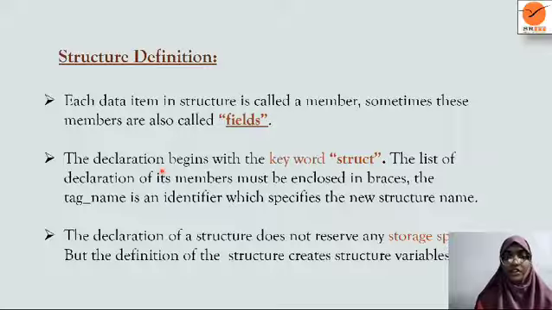Now structure definition. Each data item in a structure is called a member. Sometimes these members are also called fields. The declaration begins with the keyword struct, as we saw in the earlier example. The list of declarations of its members must be enclosed in brackets. The tag name is an identifier which specifies the new structure name, and the declaration of structure does not